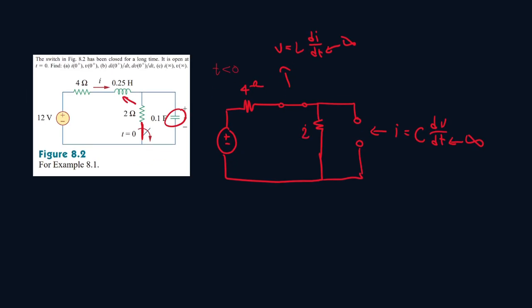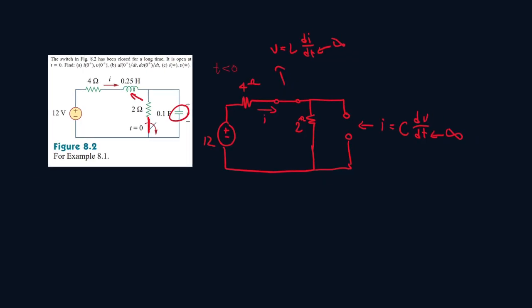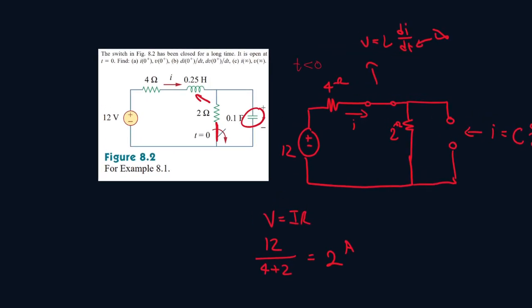And this is 2 ohms, and this is 12 volts. And there's a current passing through here called I. So we know V is equal to IR. So V is 12. And we're going to take I to be 4 plus 2, which gives us 2 amps. Okay? And when we flip the switch,